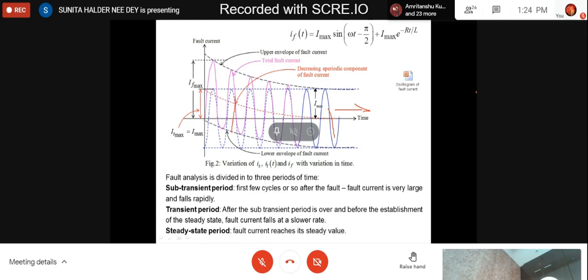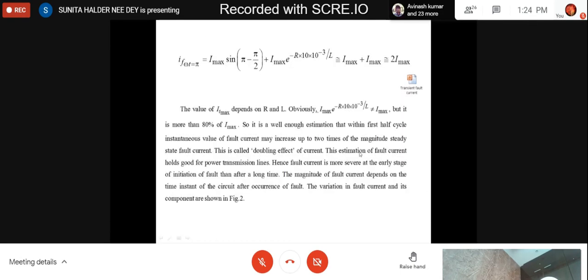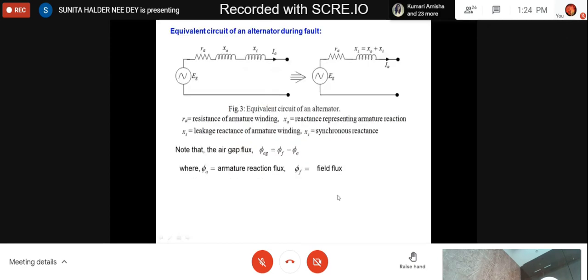So I hope you have understood the difference between sub-transient and transient state. Steady state you can well understand, and what is transient current. These are three different things. Whatever I have told is written here. I have told it in your last class also. Now the thing is that